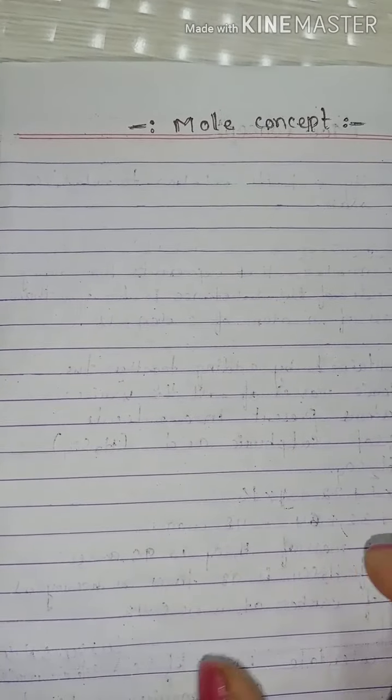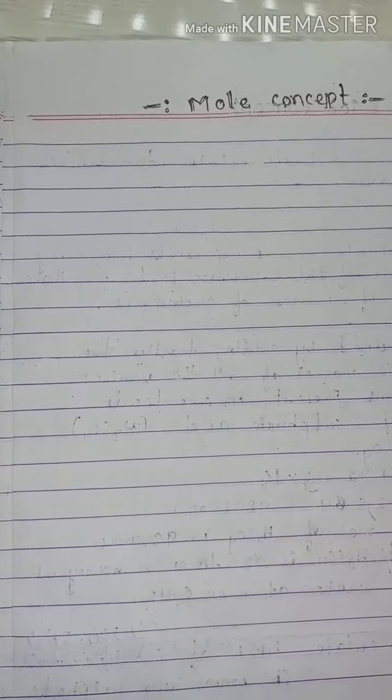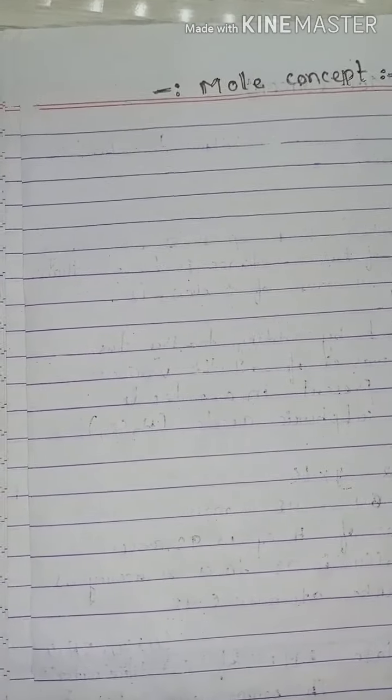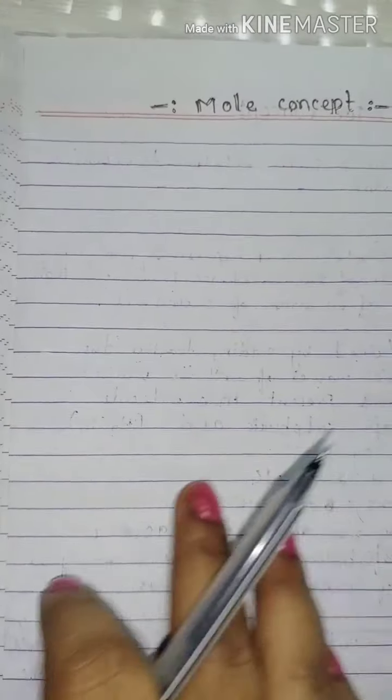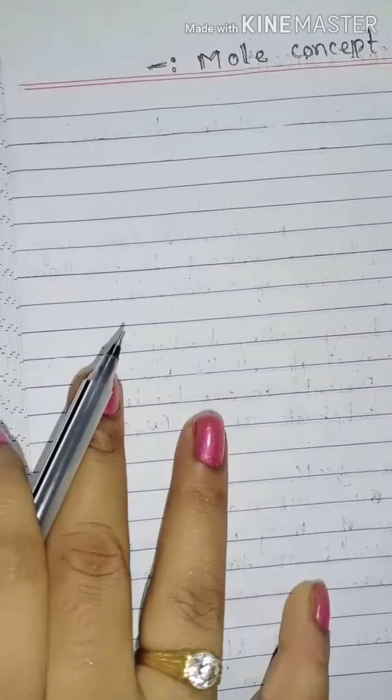As we are finding the mass of some substances, like a dozen or a gross: a dozen is a collection of 12 objects, a gross is a collection of 144 objects. It is the measure of some quantity of the substance. It is not easy to find out the mass of minute particles like atoms, molecules, or ions. So a collection of some amount of elementary particles is taken.